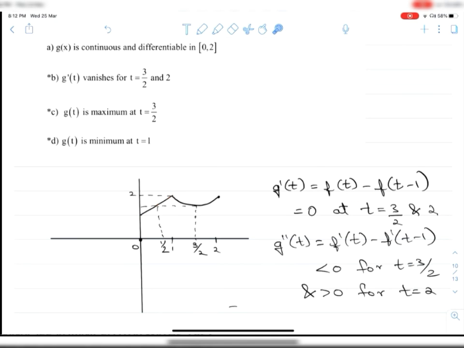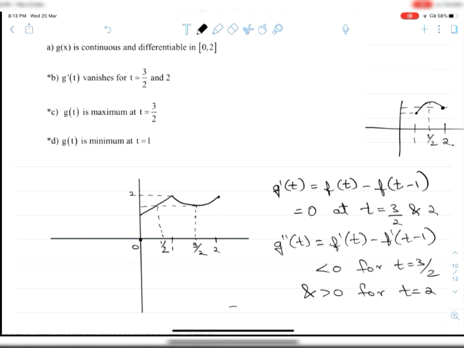And again, roughly I'll draw the graph. The graph will be something like this. 1 to 2 is only there in the domain. So at 1, the value will be starting at some value, integral 0 to 1. And from this part, the function will increase, and at 3 by 2 the slope will be 0. It attains maximum. And at 2, it will attain some value, which is greater than this one.